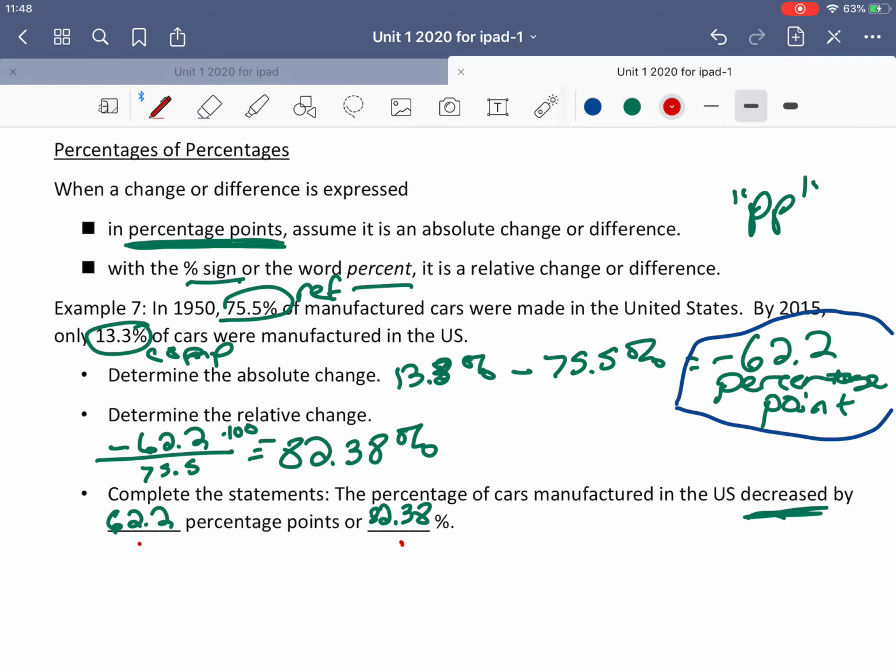So, you're ready to finish? 3A, okay? Be very careful that you're paying attention and reading the problems. Am I finding the difference? Am I finding the percent change? Am I finding percent of? Am I finding values? They're all there, and you can do all of them and try to see how they're connected to each other as you